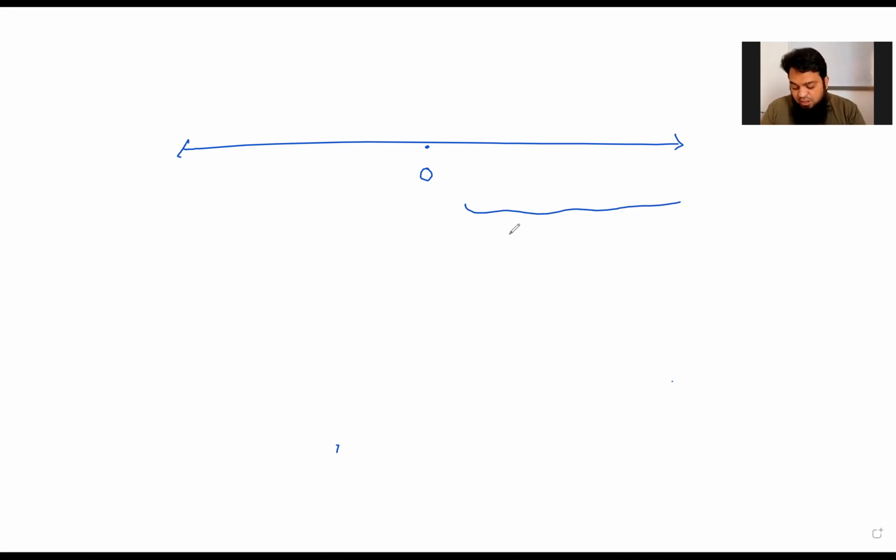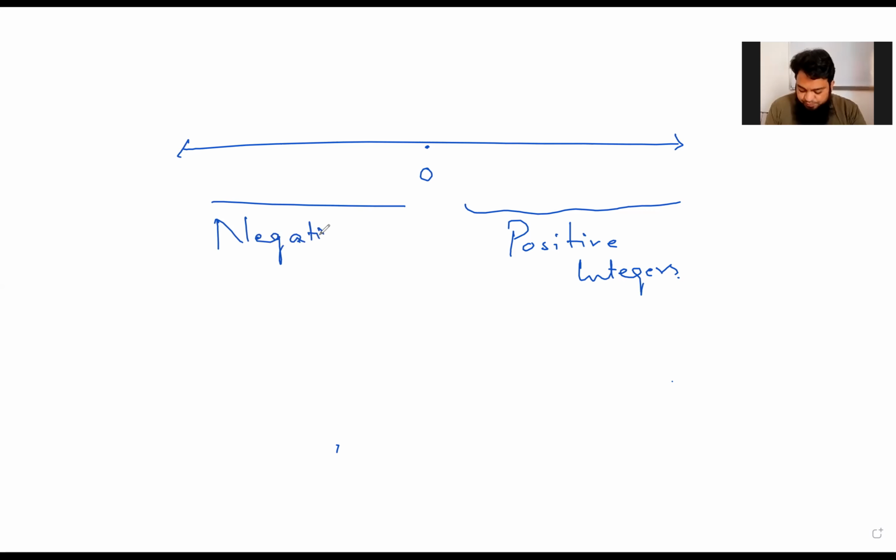As we know, integers are the set of numbers which consists of positive numbers, 0 and negative numbers. If we represent them on a number line, it looks like that. So you have 0 here, and to the right side of 0, all these numbers are positive numbers. We call them positive integers, right? And the left side of the 0, you have negative numbers.